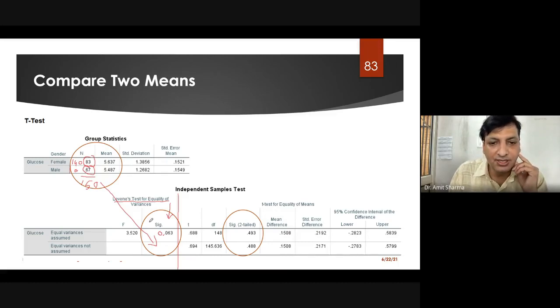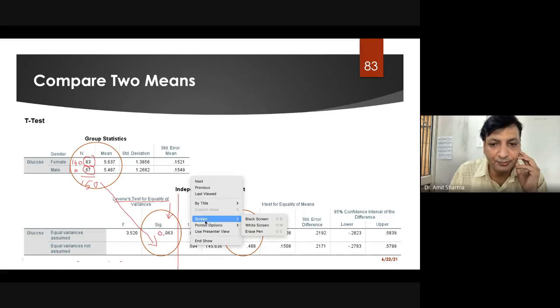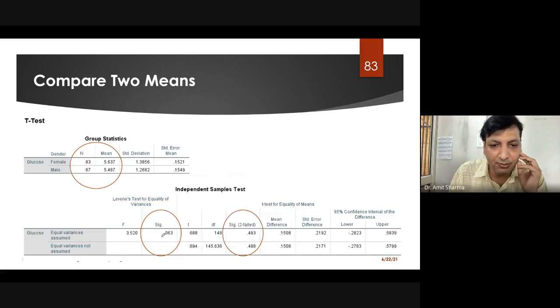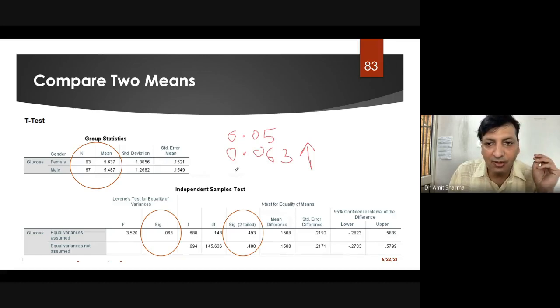As you can see, our p-value was found to be a little bit more than the cutoff point of 0.05. We have got 0.063, which is more than 0.05, so our value is a little bit more than the cutoff point. The test passes, and we have proven that we have equality as per the Levene's test for both groups.